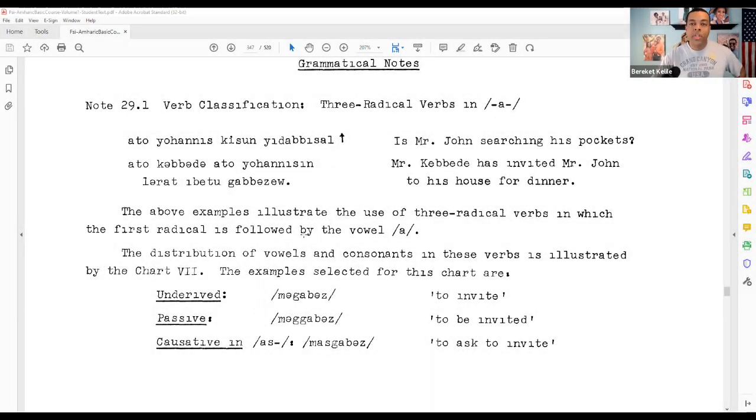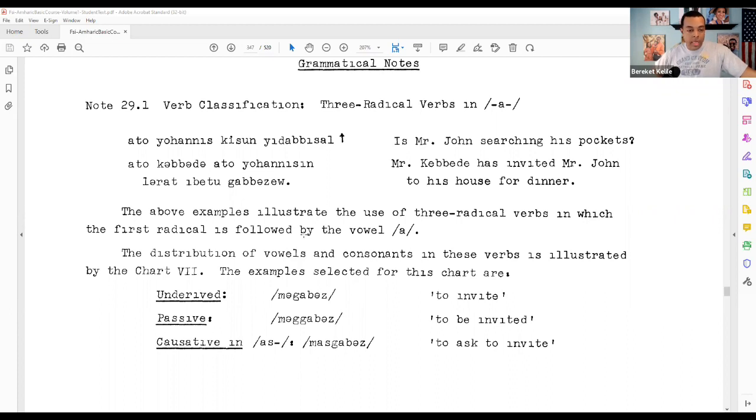Looking at Unit 29 in this video. So let's dive in with Note 29.1. It's a short section here, and they bring up the three radical verbs. As you can see from the above examples, these are verbs where the first radical is followed by the vowel